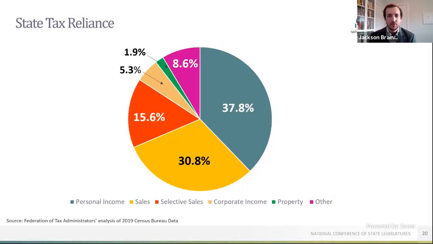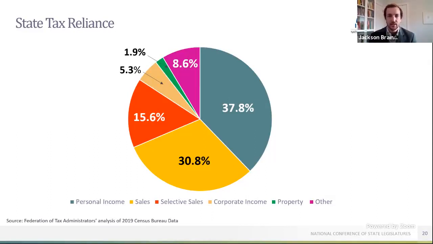Then you have selective sales taxes. That includes all of the excise taxes that are levied on specific goods and services: motor fuel, tobacco, alcohol, cannabis, amusement taxes, etc. The miscellaneous tax category includes things like severance taxes on oil and gas or coal mining, estate